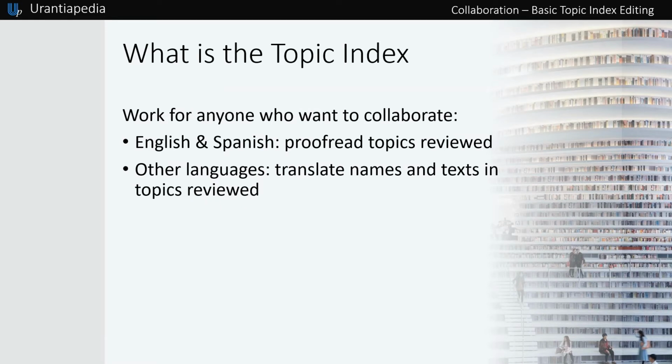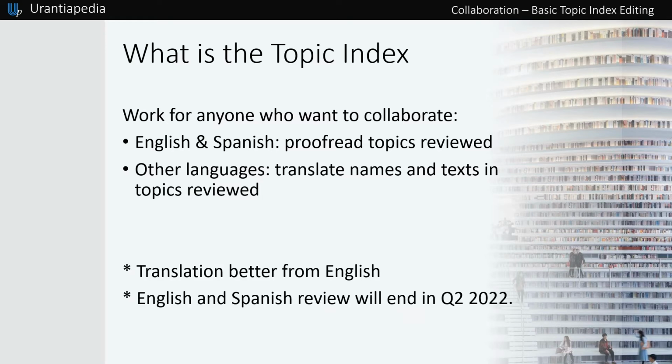So the work for anyone who wants to collaborate in this task is this. If you are going to help in English or Spanish, your job will be to proofread the current topics that are already reviewed. If you're going to help in other languages, your job will be to translate the names and the texts in the topics that are already reviewed. But a couple of side notes here.